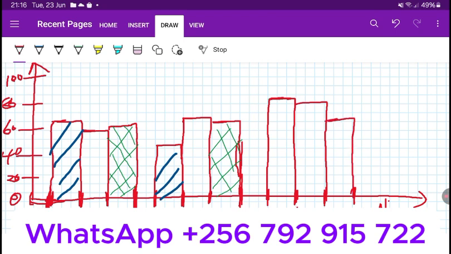And you are done. What will be left is for you to shade off this, and then you shade the last one. And we are done with that as well. So that will be the end of that. So we have seen how to draw